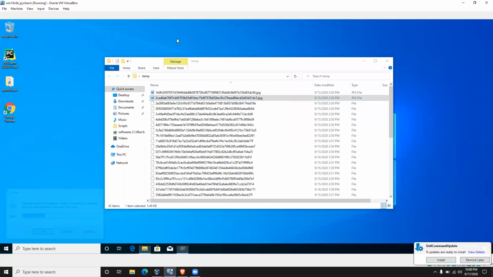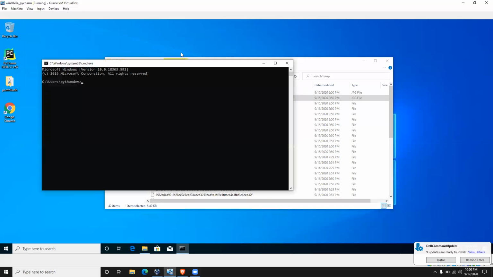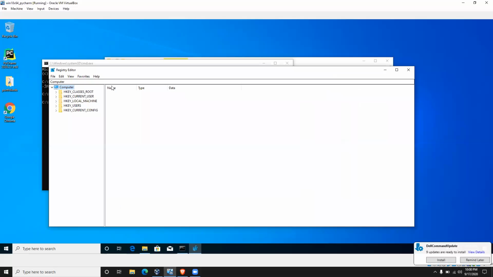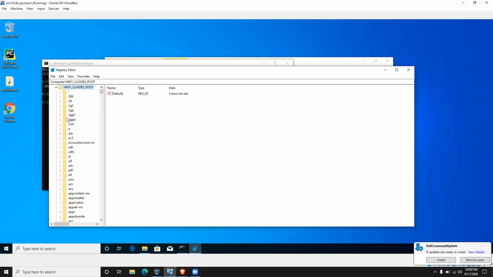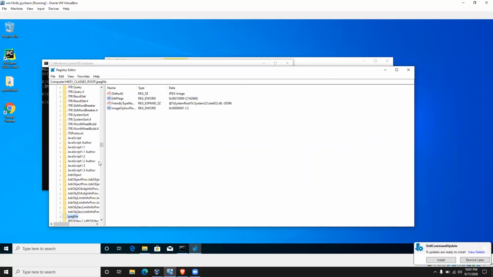photo viewer, because when you type cmd and then assoc .jpg, you see it is a jpeg file. Open regedit, which is here, and find .jpg. You see the open with ProgID is mentioned as jpegfile. So let's go to jpegfile.